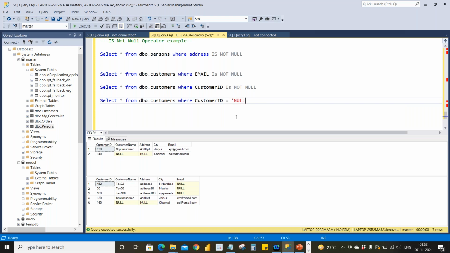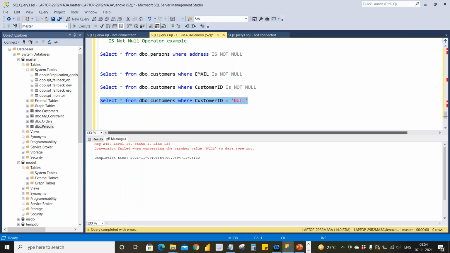We'll see whether, if you give equals to null, it accepts or not. You can see, right? Conversion failed when converting the varchar value null to data type int. So you cannot use equals to or not equals to operator with null.